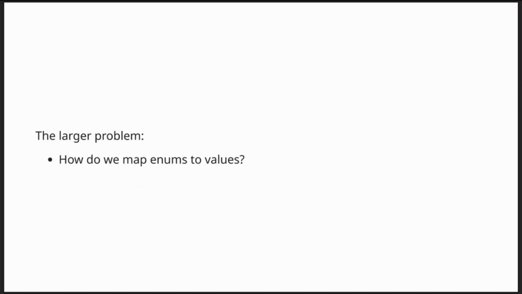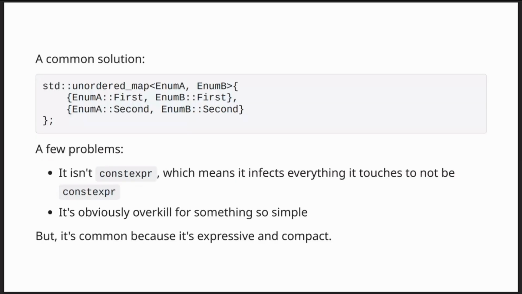And this points at a general larger problem, which is, okay, what is a good way to map enums to values? It seems like a relatively simple problem, but there's a bit of nuance here. Now, a common solution is to map an enum like you would map any other type. To use a standard map or an unordered map. And